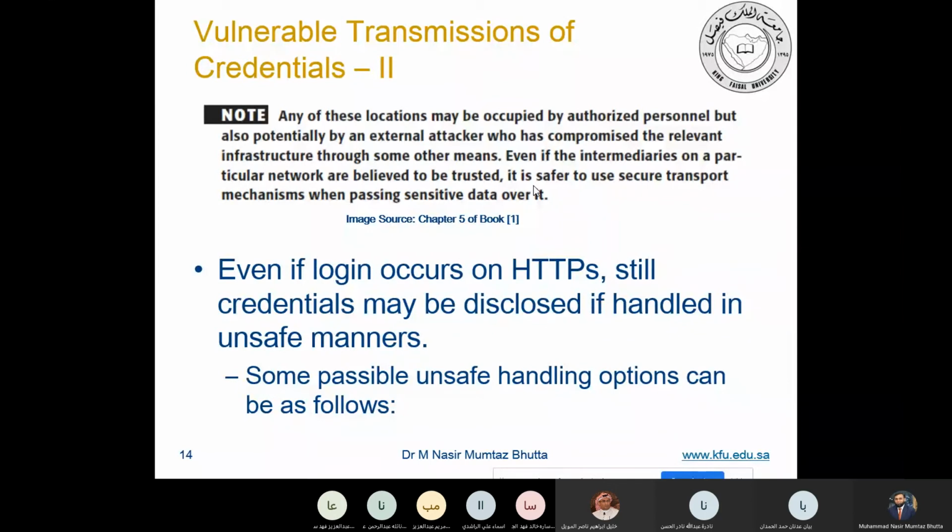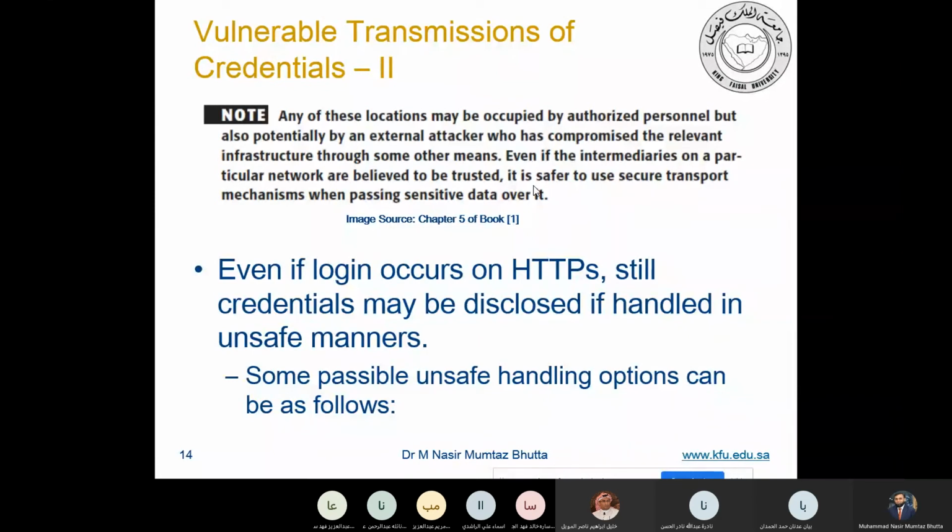For example, I am in the IT department and I am on the backbone of the university network. You can say, okay, we will give you pizza, can you please record this username and password for us? Maybe if I am a pizza lover, I will do it for pizza. If you think I will not accept pizza, you can offer me money, for example 1,000 riyals. If you think I can accept 1,000 riyals, then it's good.